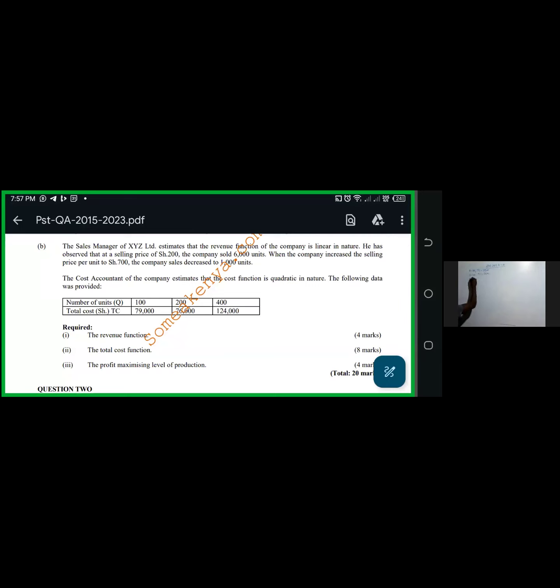And when our Q is 400, then we clearly from the equation can see that the total cost is